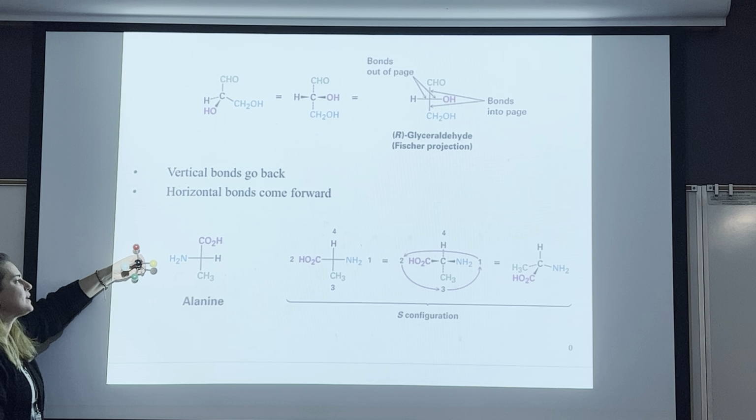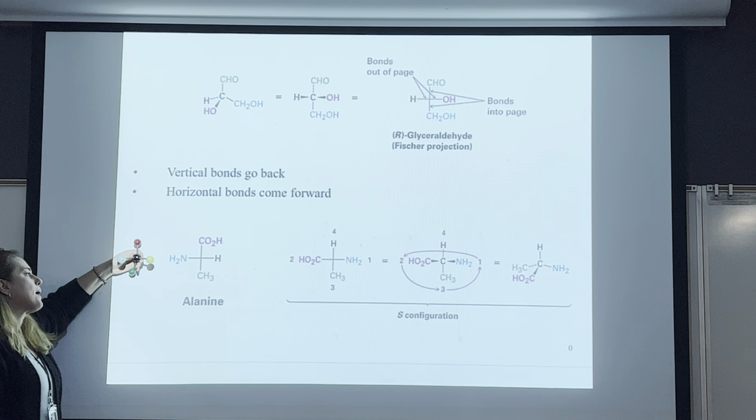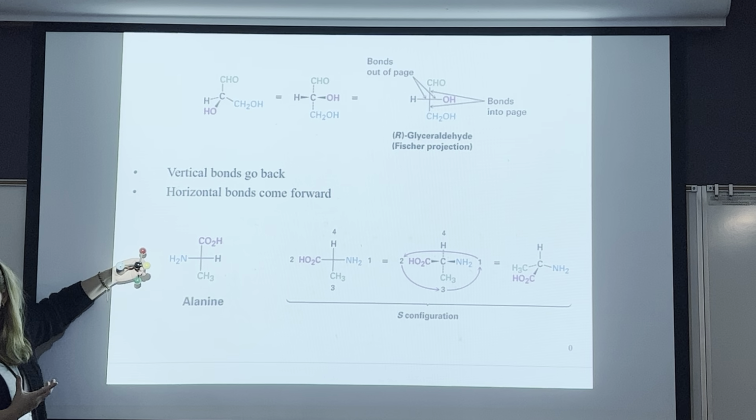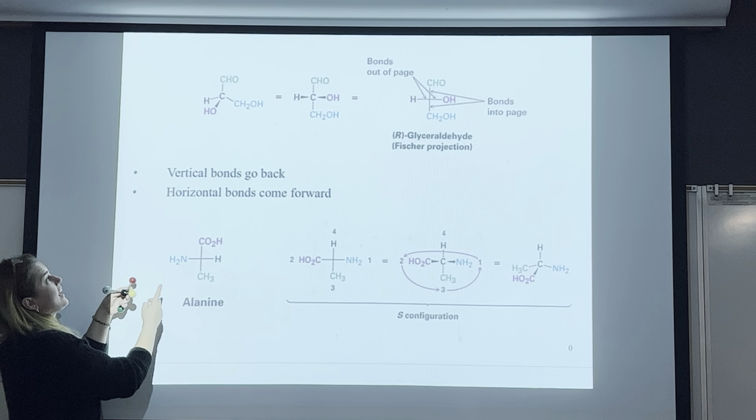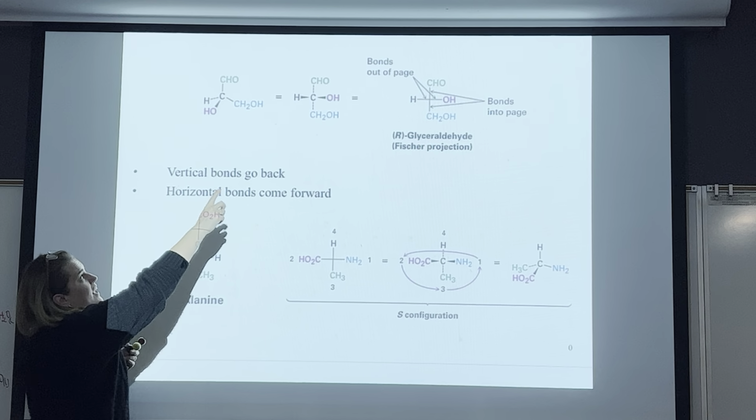So what the Fischer projection does is not only tell you where there's a chiral carbon, but it also says anything that's horizontal is pointing out at you, and anything that is vertical is going back into the board. So if we wanted to draw that with dashes and wedges, it would look like, see up there, how you have the two wedges coming out at you and you have the dashes going back? Does that make sense, friends? Kind of, sort of, maybe?